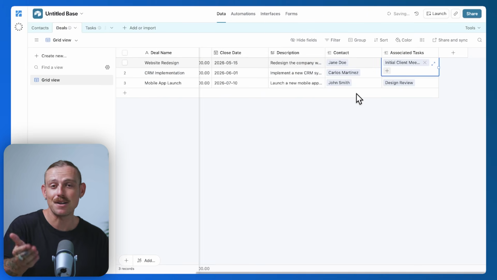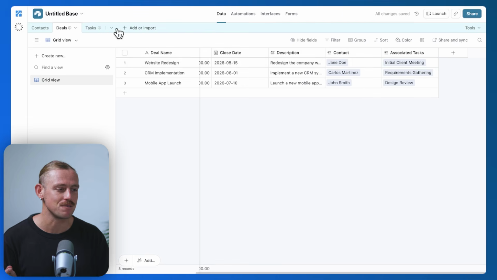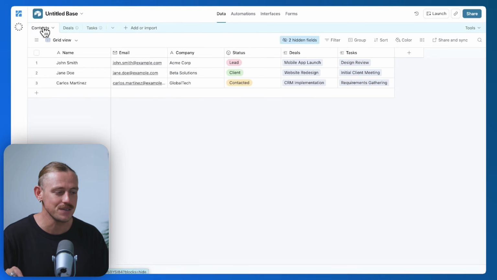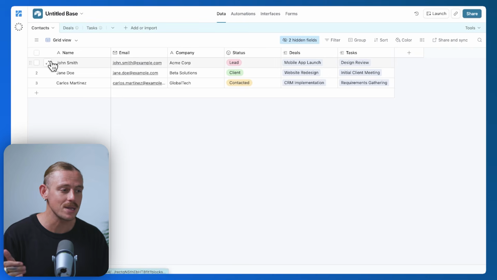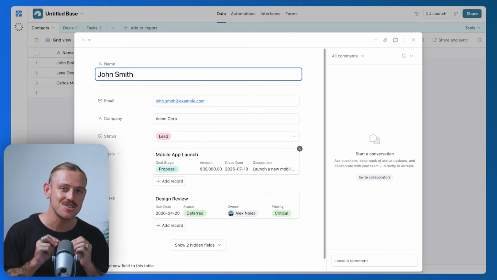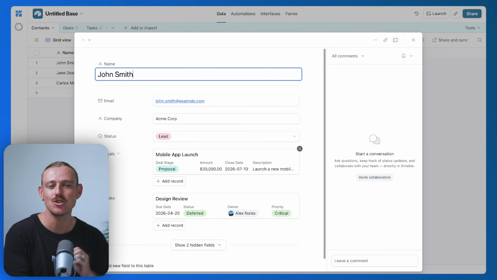That means instead of your team duplicating information, everything continues to stay connected. You can click into a contact and instantly see all related deals or tasks to that contact. And this is the key shift here. Your data isn't just stored, it's related. And once you have that data structure in place, that's where things start to become really useful, because you don't have just one single way of viewing that